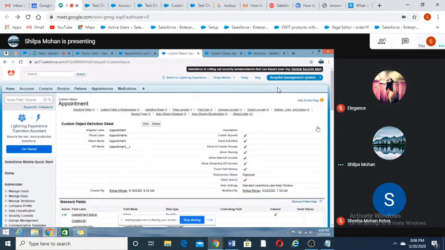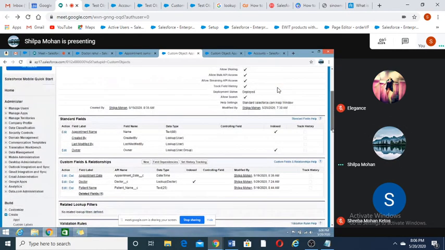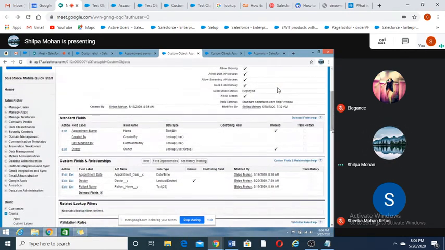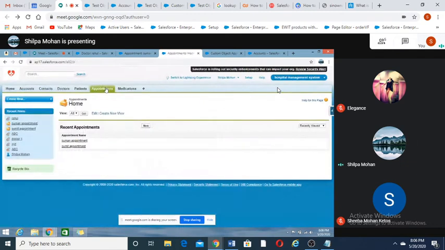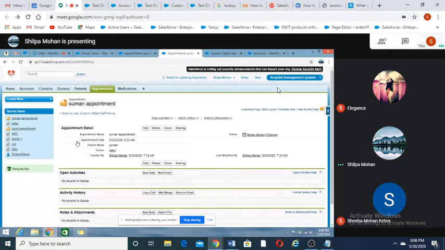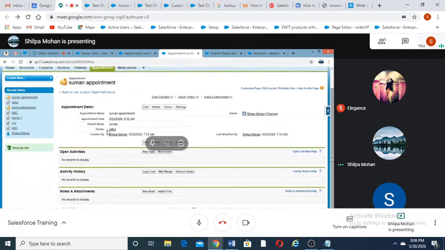So now the point was, this is the lookup relationship what we have created, and in lookup relationship, come to the appointment object, open any record. So in lookup relationship, doctor is not mandatory.